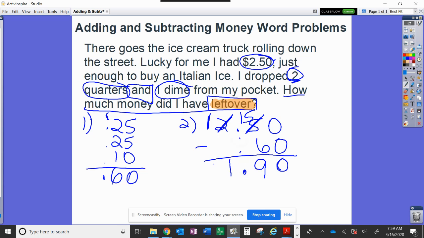Okay, so again, I just brought that decimal point straight down. Really what I did was subtract 250 minus 60. And then just included that decimal point at the very end. Okay, so